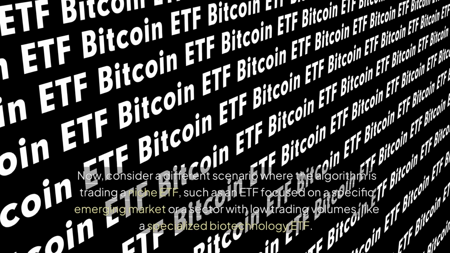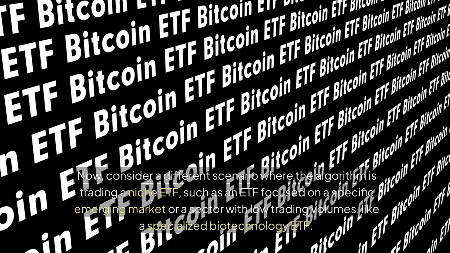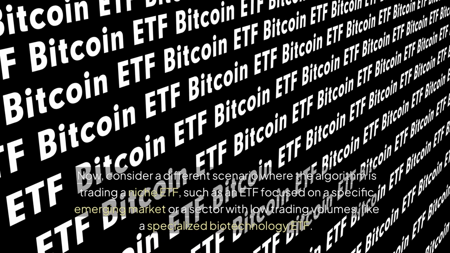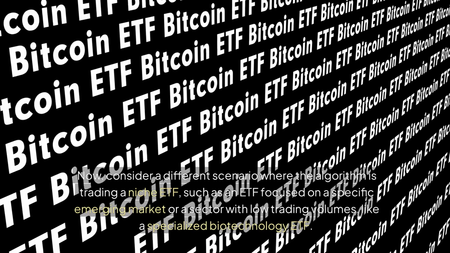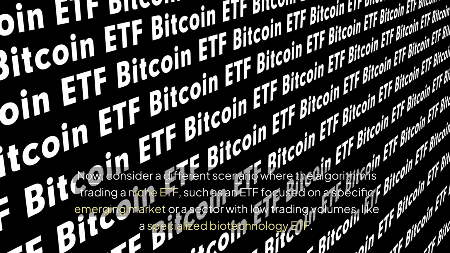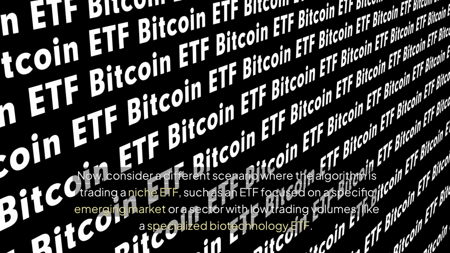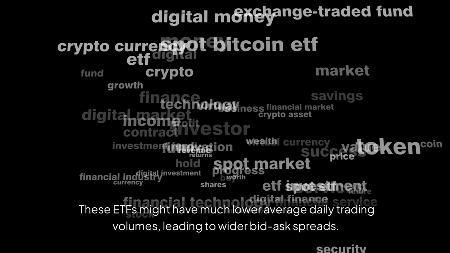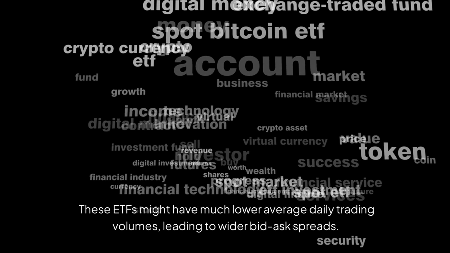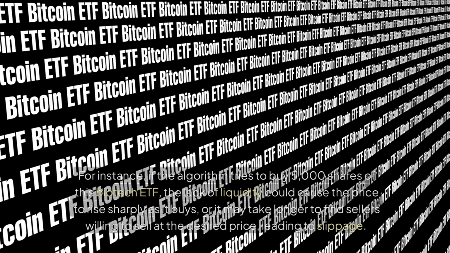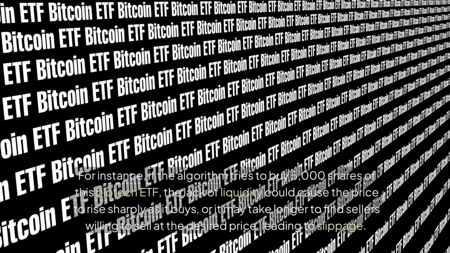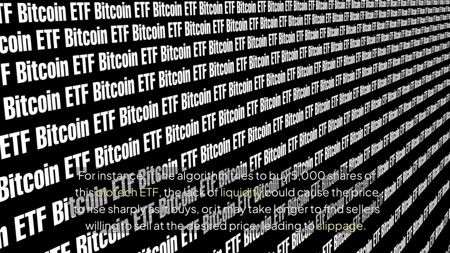Example 2. Now, consider a different scenario where the algorithm is trading a niche ETF, such as an ETF focused on a specific emerging market or a sector with low trading volumes, like a specialized biotechnology ETF. These ETFs might have much lower average daily trading volumes, leading to wider bid-ask spreads. For instance, if the algorithm tries to buy 5,000 shares of this biotech ETF, the lack of liquidity could cause